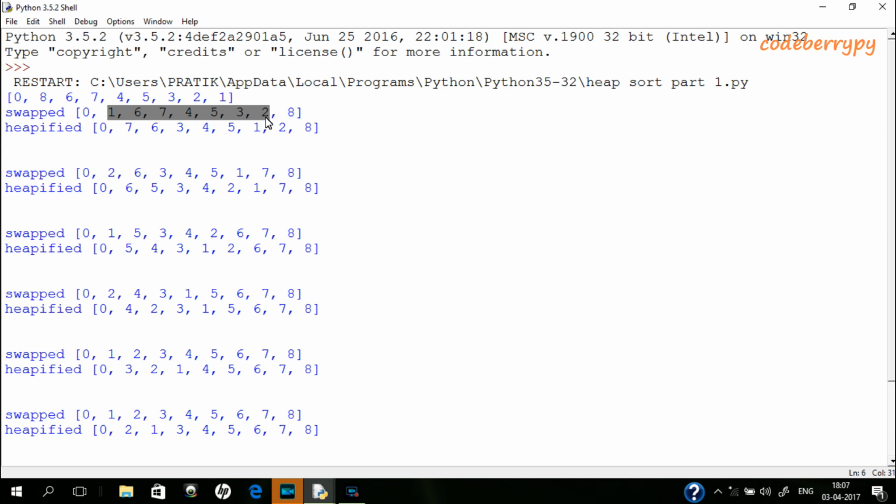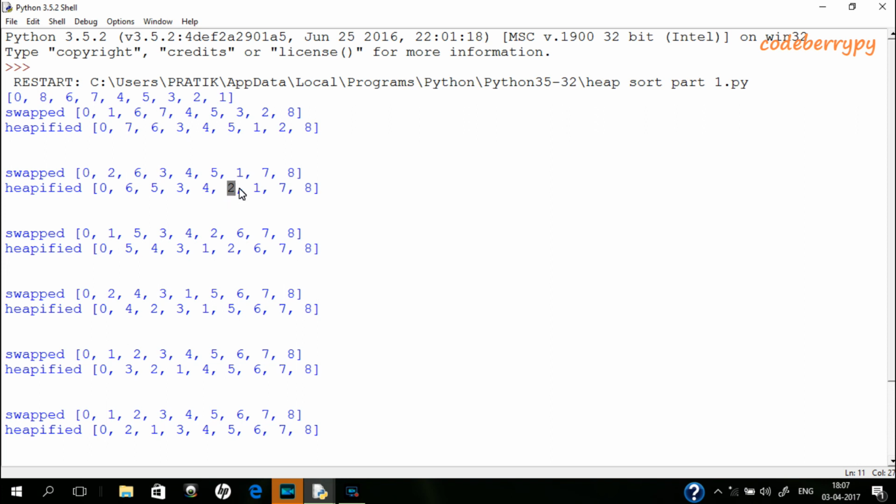So heapification of the root takes place, and the root comes here and 7 comes here. After heapification has been done, the max heap property has been restored. So when the max heap property has been restored, this 7 has to be swapped with the value at the kernel size, that is 2. So 7 gets swapped with 2, 7 comes here, and again the kernel size gets reduced by 1. So our reduced array is this. Again heapification of 2 takes place, and after heapification 2 comes here, and again the max heap property has been restored,